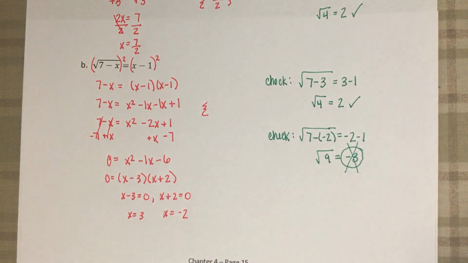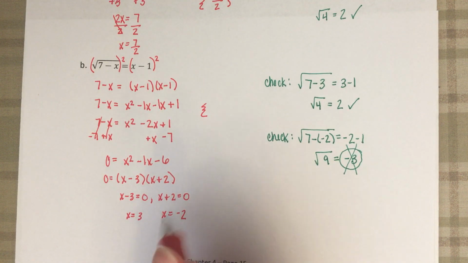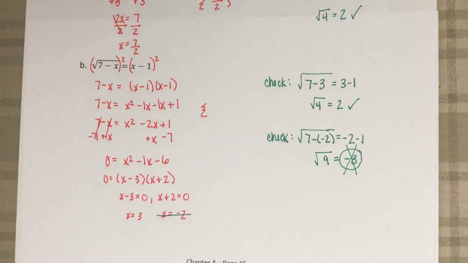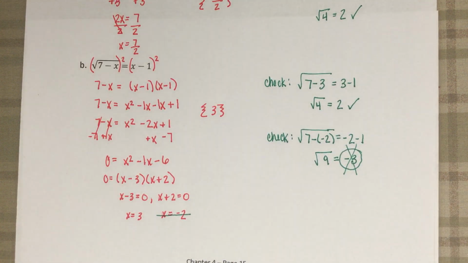We can't have a negative number because we are still thinking in this case, unlike our quadratic formula, that we're looking for a principal square root. So even though we've used positives and negatives when we're dealing with our quadratic formula, when we're thinking about our square root equations, we still want this number on the right side to be a positive. So that means that we're not going to include our negative 2 as our solution, because that one does not check. It does not give us a positive number. So our solution set for this answer is going to be simply